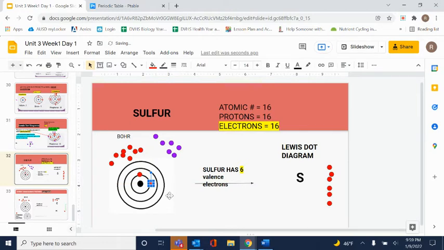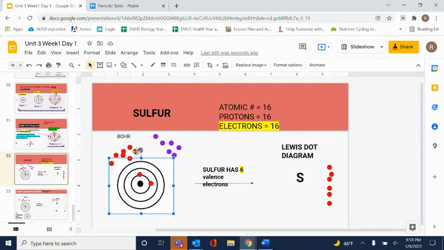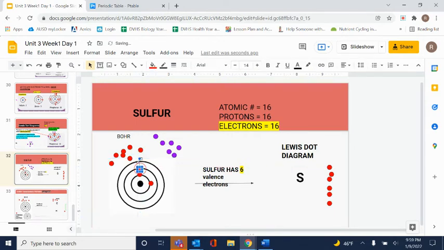Then we're going to move to the second shell here. 3 at the top here, 4 going clockwise, 5 down here at the bottom, same line, 6, and then 7, 8, 9, and 10. And the reason I have the other ones purple is because I want us to remember that